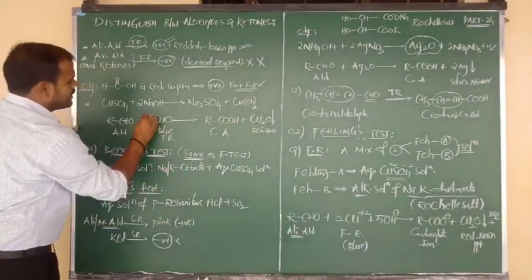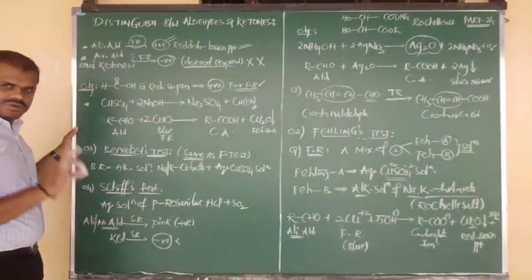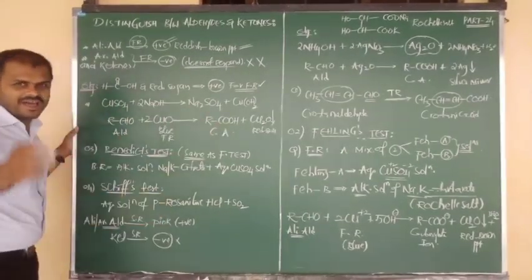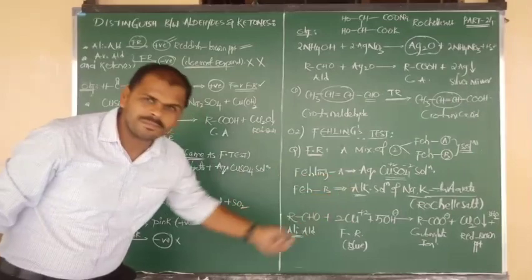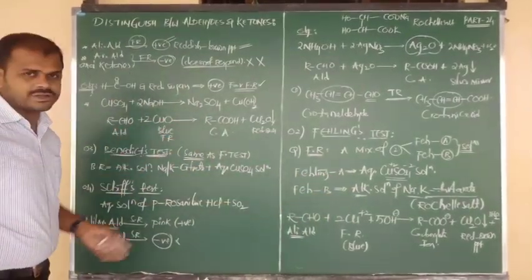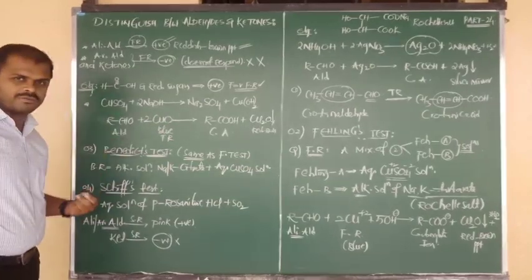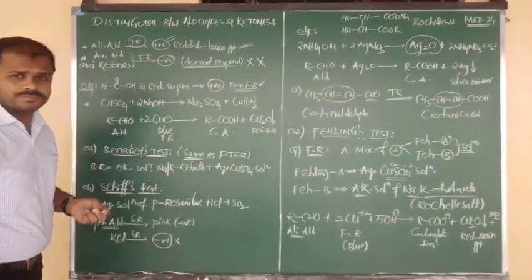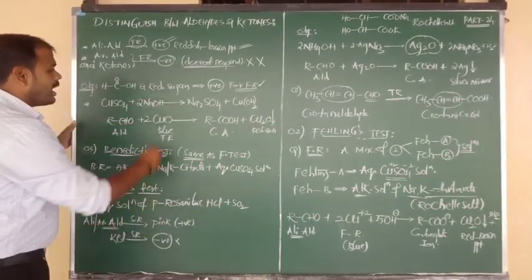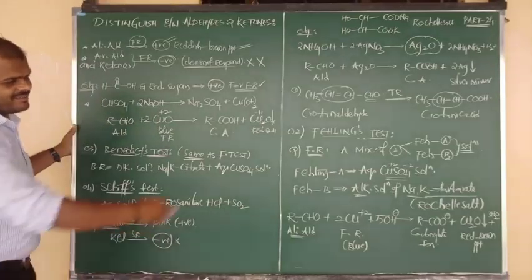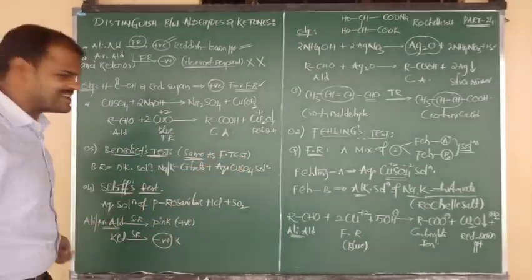2 coppers are there, simply write here 2 moles of copper. So the final touch is everything will be balanced. Aldehydes are oxidized into the carboxylic acids. Here also same, that is the theory equation, that is the main equation. This is the short equation I am showing you. It is only for objective point of view. But in both the reactions, the common thing is aldehydes are oxidized into carboxylic acids, and cupric oxide is reduced into cuprous oxide. I hope you understand now.